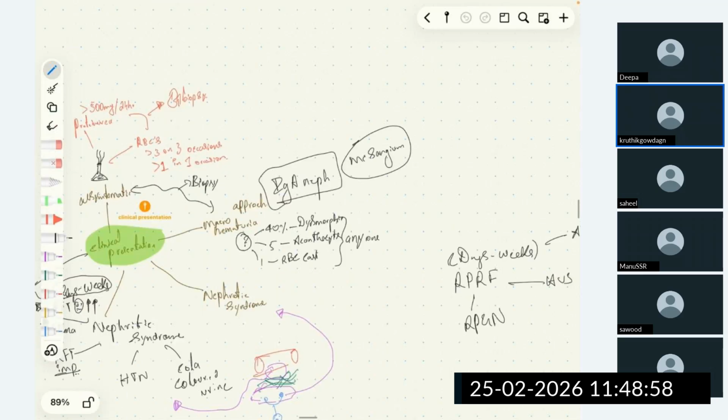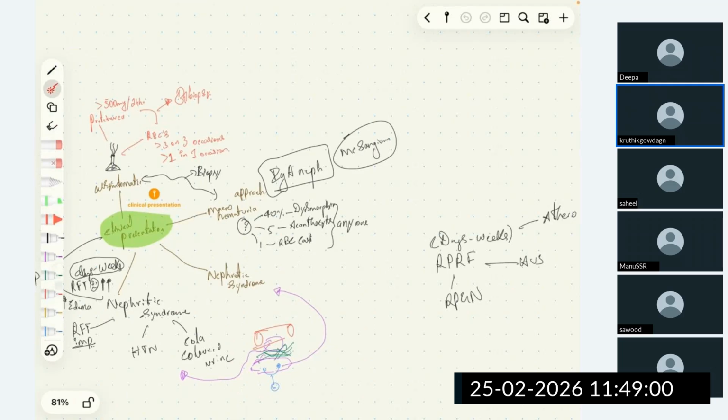If there is macroscopic hematuria, what is macroscopic? Macrohematuria, not macroscopic hematuria, sorry. Macrohematuria is different from macroscopic hematuria. Macrohematuria, when will we say it is present? If more than 40% of RBCs present in the examination are dysmorphic, if we see more than 5 acanthocytes, if we see even one RBC cast, we call it macrohematuria, not macroscopic. We see it most commonly in IgA